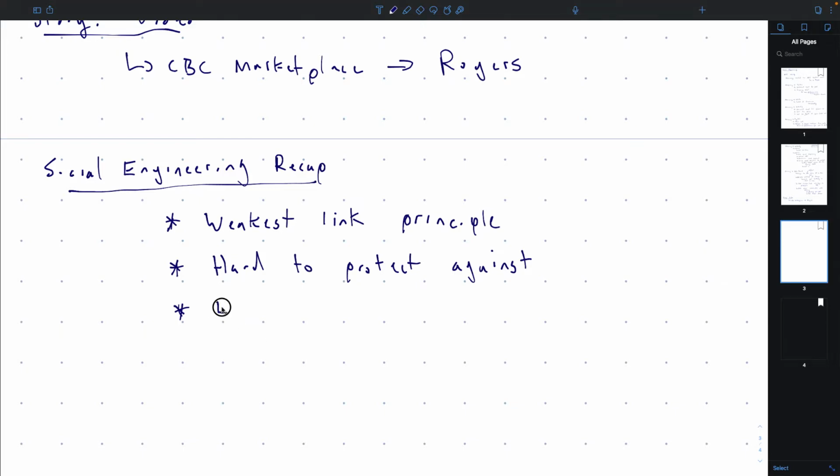A recurring theme is, as was mentioned, education and training. That's a response that you often hear. Everyone's doing it. But is there actually something better that you can do? I don't know. It's not like math, where you can follow a procedure and prove that it cannot be broken. There's nothing like that for social engineering. We'll talk about procedures later as well.